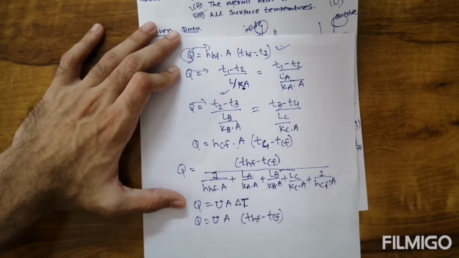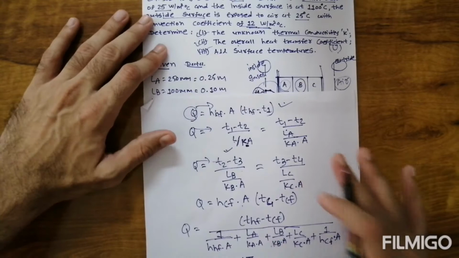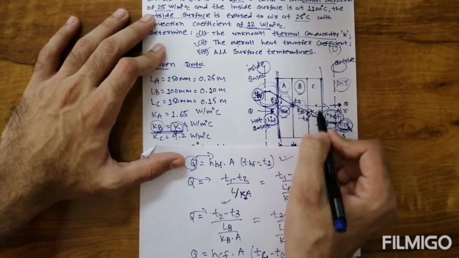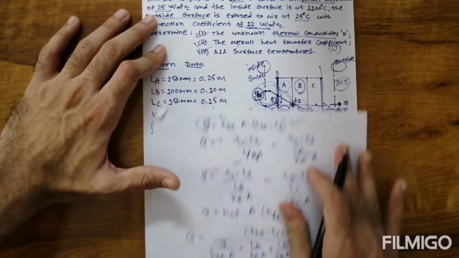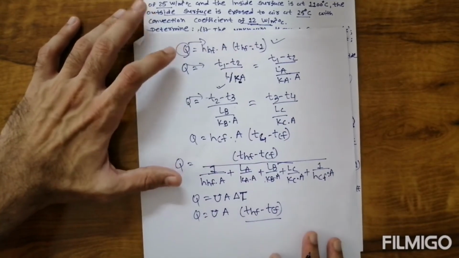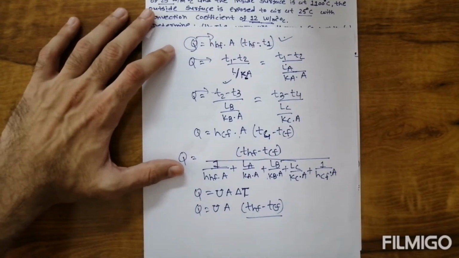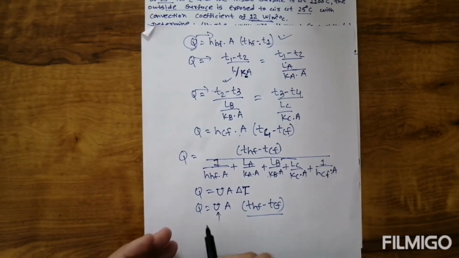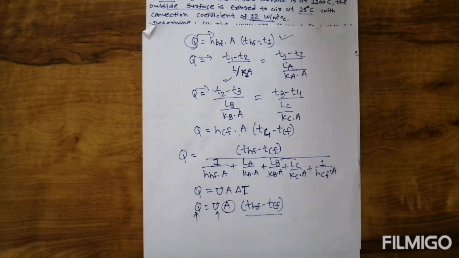Why should we consider that temperature difference? Because conduction plus convection both are considered, and that will be possible. Here convection is there, conduction and convection are there. The whole composite will be considered. So the composite temperature difference is THF minus TCF. Now from that equation we can find out U. But first of all we require the value of Q. Area is not given, so we just consider Q by A.